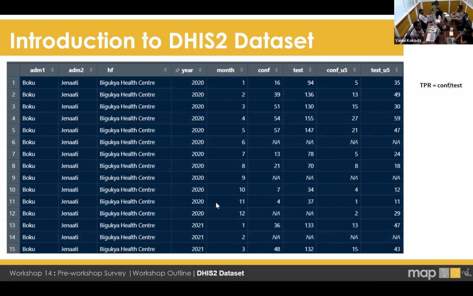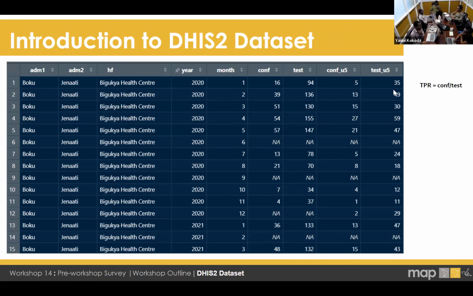I saw some people say you can get over 5 by taking the difference. But there is one common metric which is called test positivity rate. Test positivity rate is the proportion of people who were tested and found positive for a particular condition, in this case malaria.